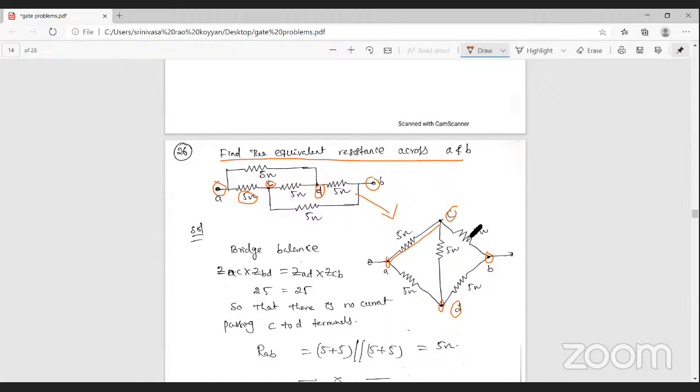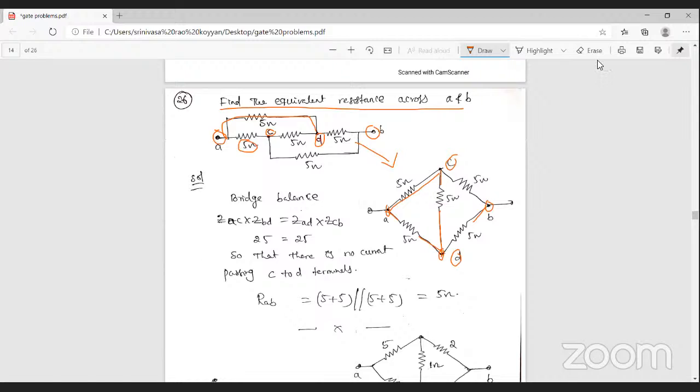Next C to D, 5 ohm resistance. Here the C to D, 5 ohm resistance. Next D to B, here also 5 ohm resistance. Next A to D, 5 ohm resistance. A to D, ఇది 5 ohm resistance. కనెక్ట్ చేసేయండి. కనెక్ట్ చేసిన తర్వాత మన ఫైనల్ చూడండి, ఇక్కడ మీరు క్లియర్గా అబ్జర్వ్ చేస్తే ఫ్రమ్ ఈ నెట్వర్క్